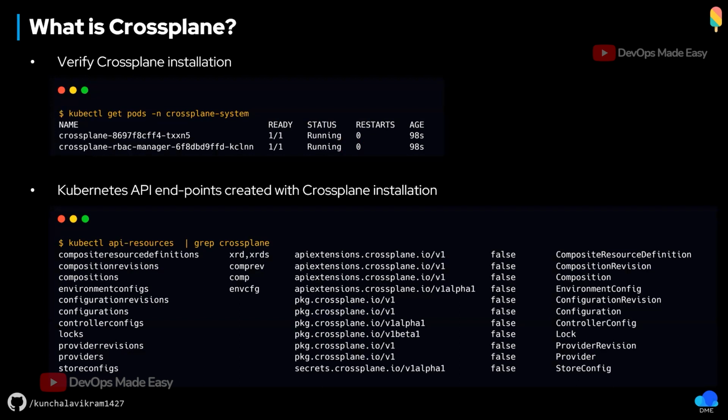And once you have Crossplane installed, you'll be able to see two pods running inside the crossplane-system namespace. One is Crossplane and the other one is the RBAC manager. Once you install Crossplane, it also installs some custom resources for you. If you get all the API resources in the cluster and grep for Crossplane, you will see a lot of new resource types like compositions and composite resource definitions, which we call XRDs. So basically, these are also CRDs, but in the case of Crossplane, these are known as XRDs, composite resource definitions, and compositions. It is very difficult to understand as of now, but when we talk about the architecture, we'll understand